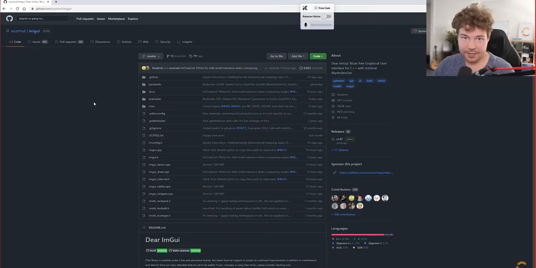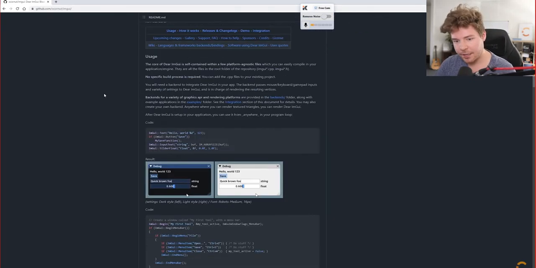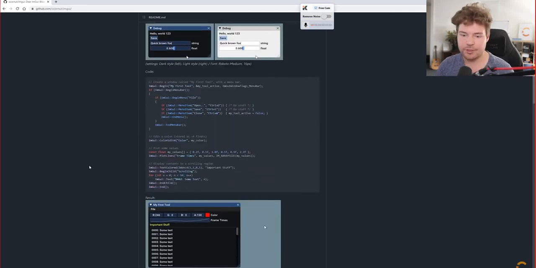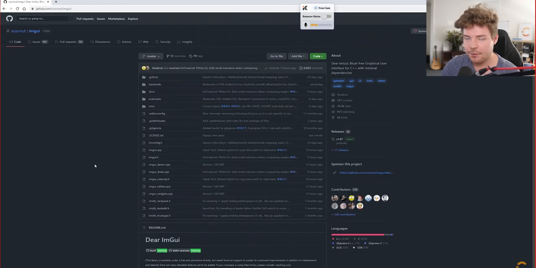So, as I mentioned, let's dive in and take a look at how we can make a C++ application using IMGUI. This is the IMGUI GitHub repository. This is where it all begins. The only thing I want to point out here, apart from the fact that if this is your first time you should read the README and maybe get to know the library,